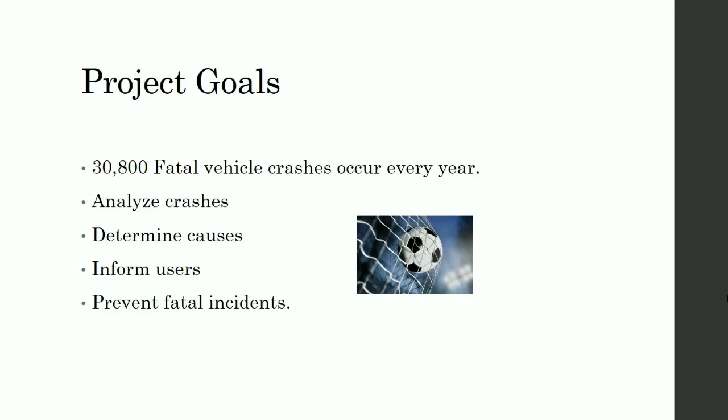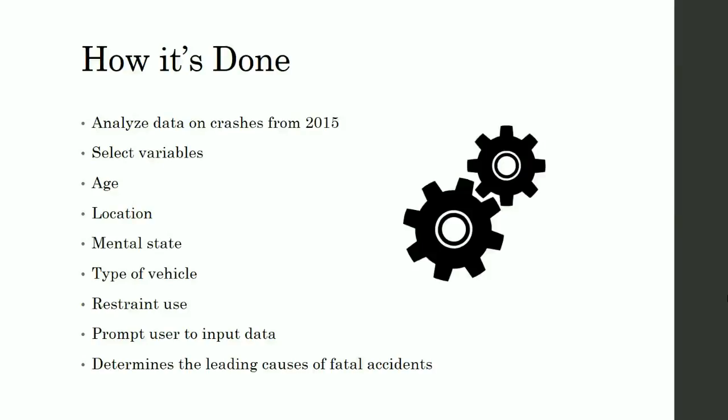According to the IIHS, over 30,000 fatal car accidents occur each year. These crashes can be caused by any number of conditions. Our project seeks to analyze the data of fatal accidents from 2015, provided by the National Highway Traffic Safety Administration, determine the greatest contributing factors to these accidents, and inform the users in an effort to prevent fatal accidents in the future. We have done this by analyzing over 80,000 sets of data to create a base of information for